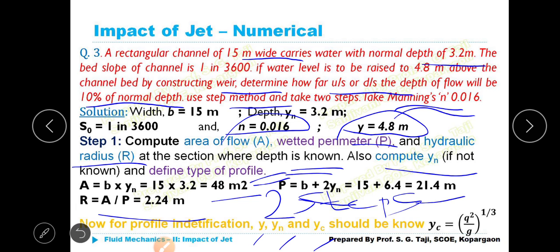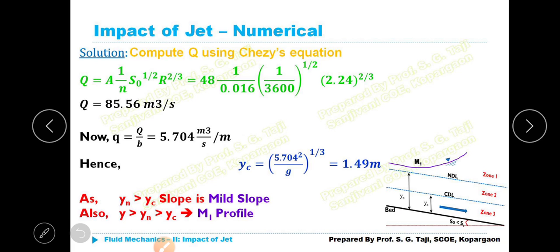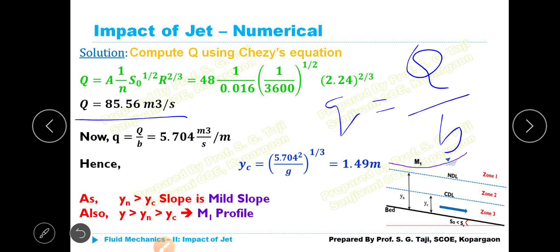Now, for profile identification, you should know Y, Yn and Yc. How will Yc be calculated? Yc is equal to (q squared upon g) whole to the power of 1 by 3. We know this formula. Calculate Yc now. In order to calculate Yc, you should know capital Q. If we know capital Q, small q is nothing but Q divided by B, that is known as discharge per unit width, small q. In order to calculate Q, you have to use